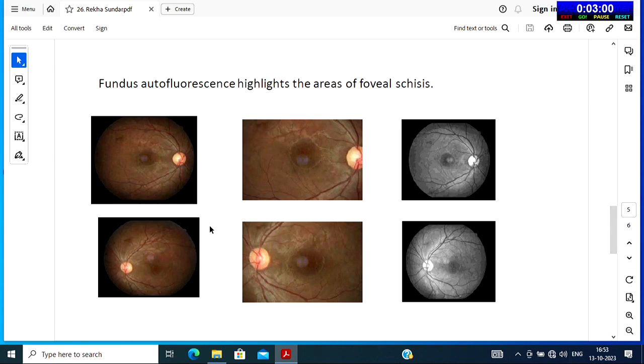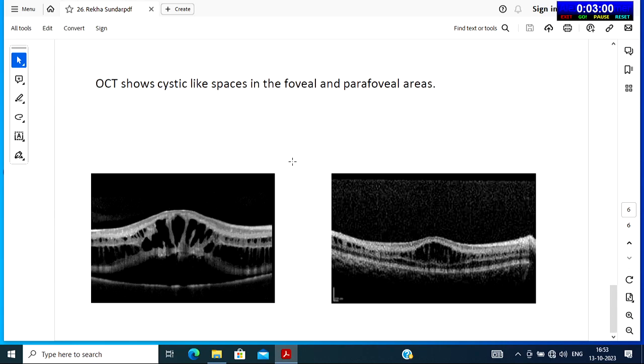So there was a spoke wheel pattern from the foveal area, and fundus autofluorescence highlights the area of foveal schisis, and OCT shows cystic-like spaces in the foveal and the parafoveal areas. So this patient was administered carbonic anhydrase inhibitors for the foveal schisis and was asked for a follow-up after 6 months, and he was